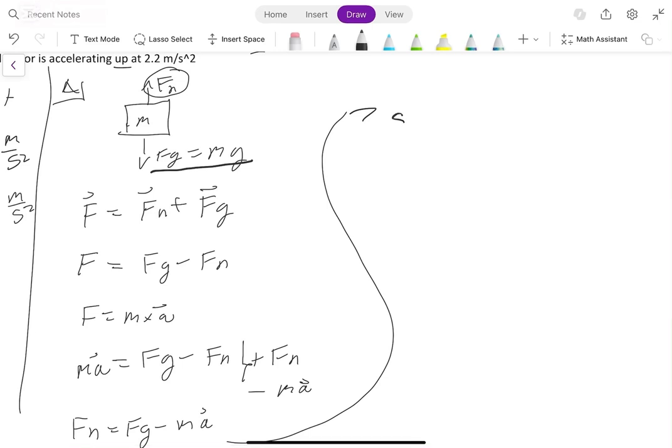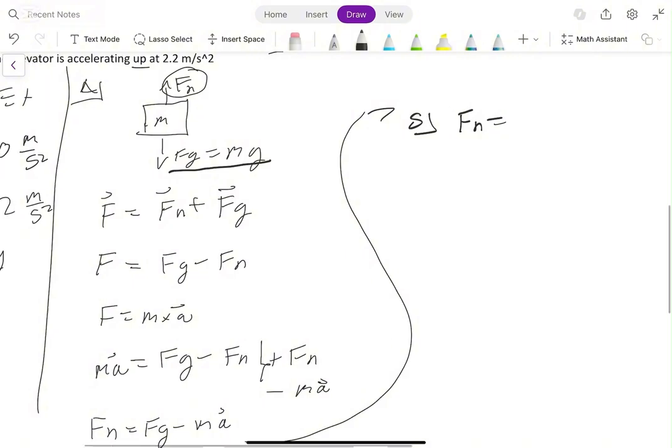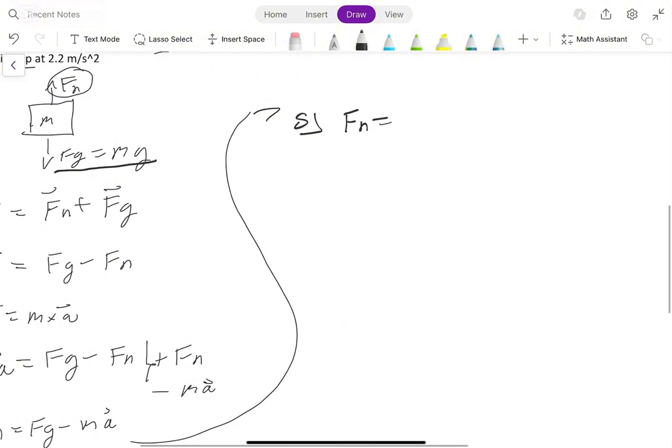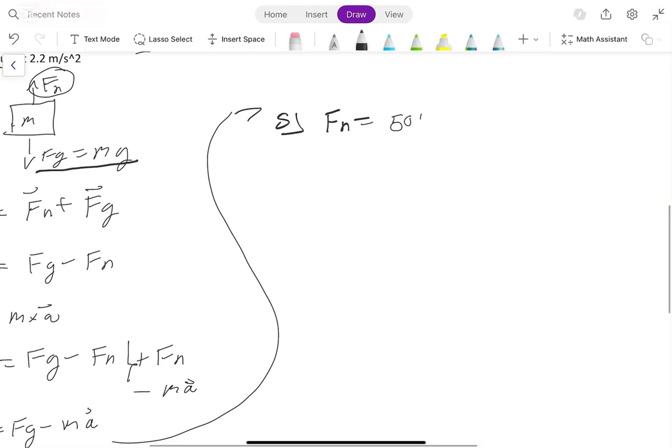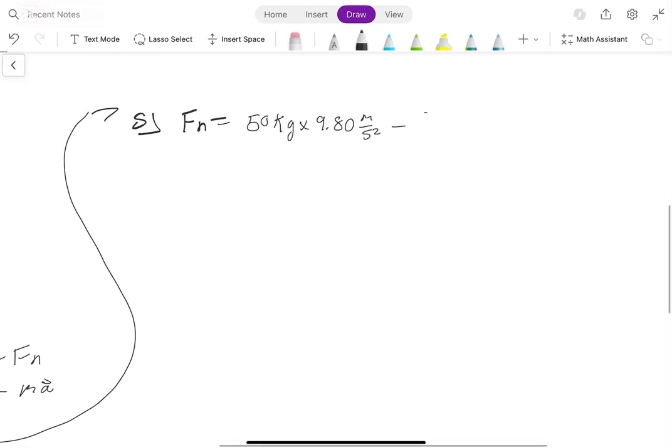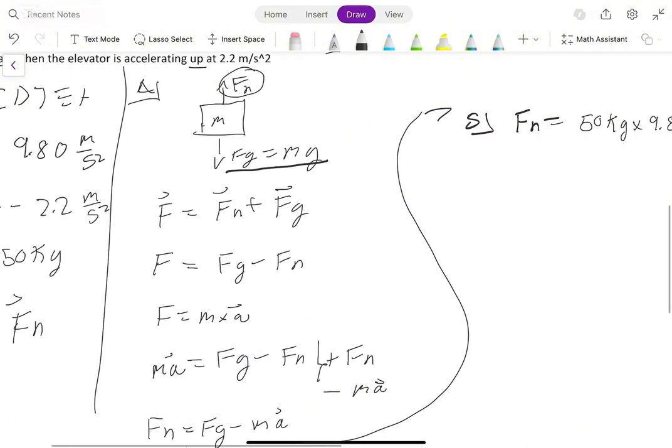But let's continue. So we have Fn. We can just go into our solution now, actually. We know Fn is going to be equal to Fg, which is just going to be 50 kilograms times 9.80 meters per second squared, minus 50 kilograms again